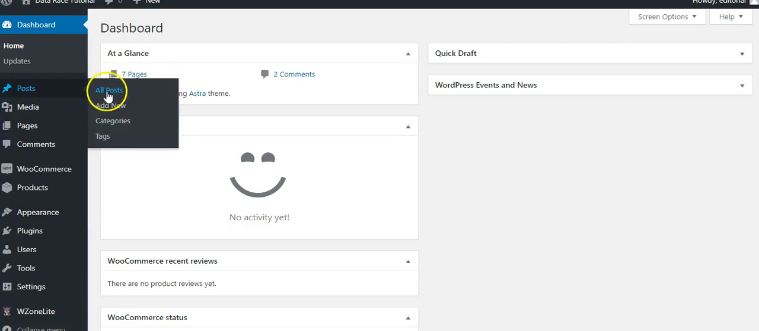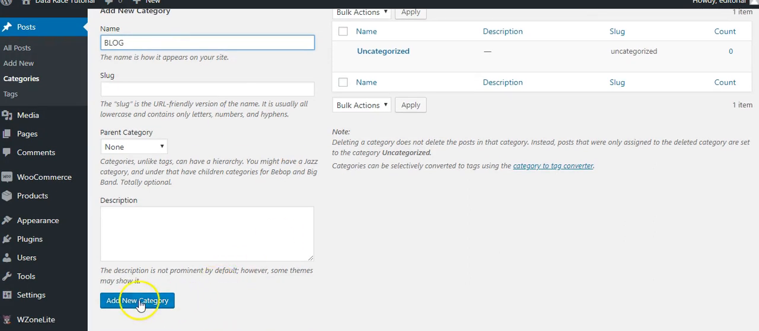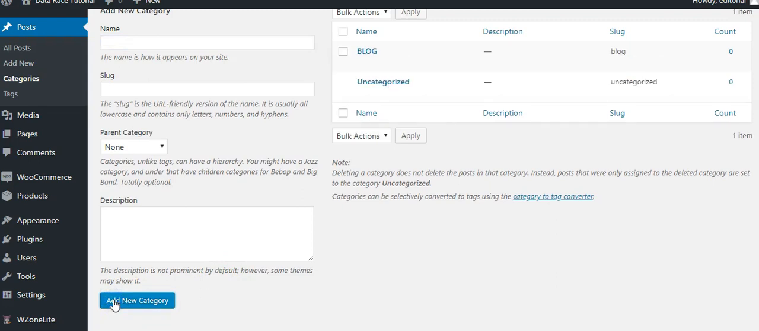So without wasting much of your time, let me just quickly go to categories, and as you can see, there are no categories here. So I'll just write a quick category. I'll click that one. Okay, so now that we've created our category, I'm going to go back to posts and